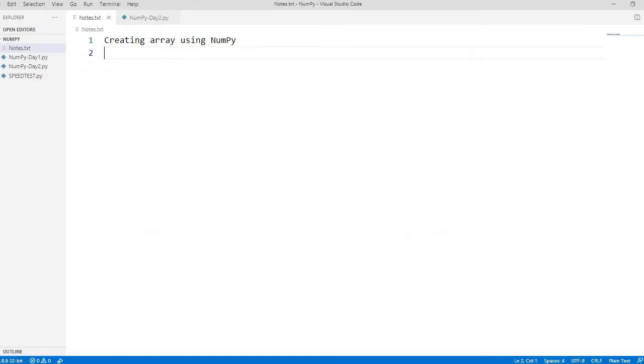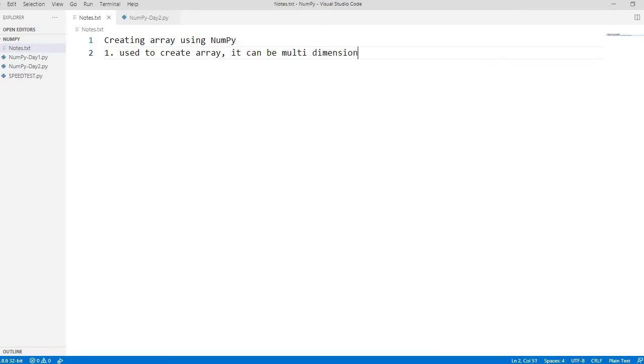Okay, in NumPy, this is used to create the array. It's mostly used. Arrays can be multi-dimensional.